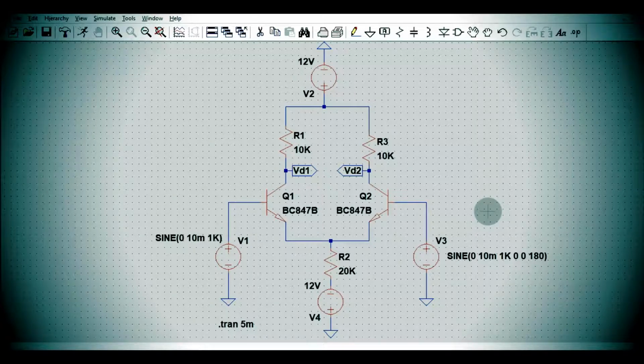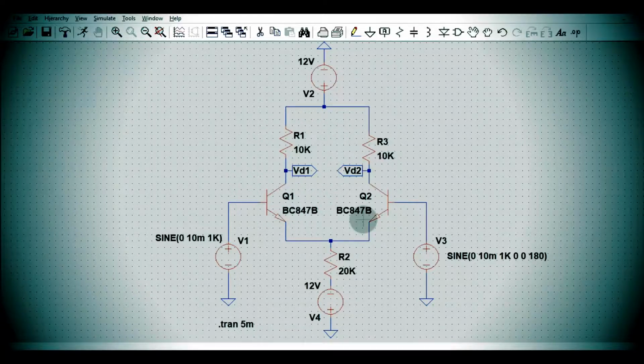So today we are going to understand the differential amplifier using BJT in the LTspice tool, right? In the last experiment, we understood the Bode plot analysis of the BJT common emitter amplifier. So in this video we will learn about the differential amplifier using bipolar junction transistors, BJT.